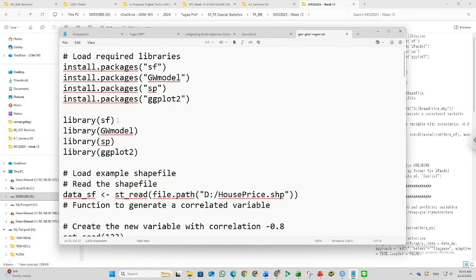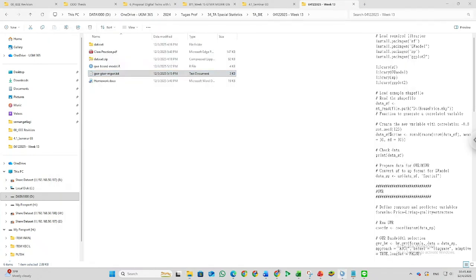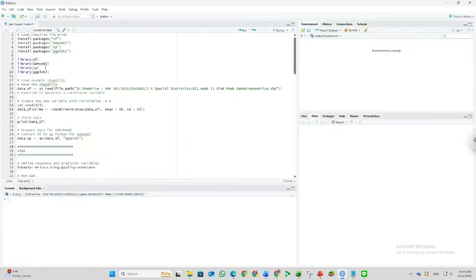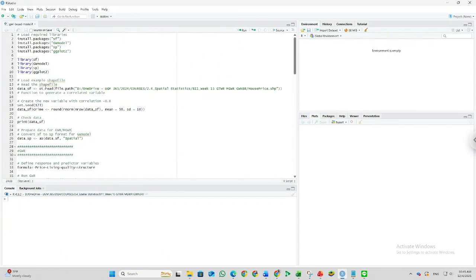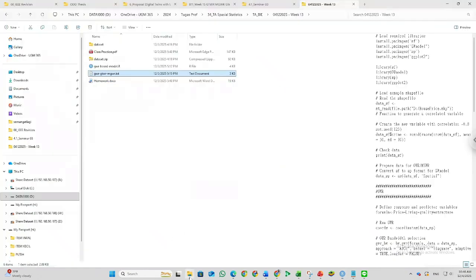You can copy all of the text in this file into RStudio. Make sure that you have changed the path folder to where you saved your dataset.